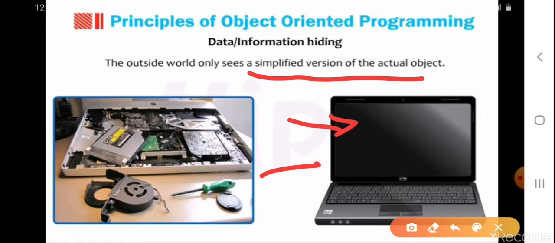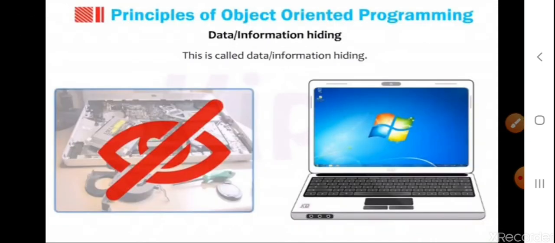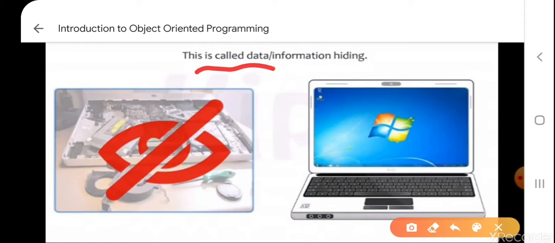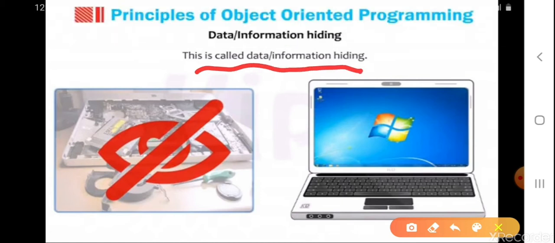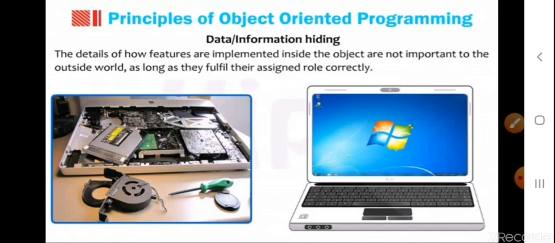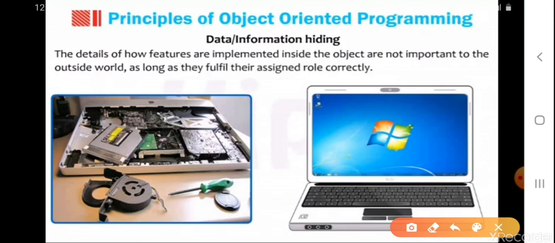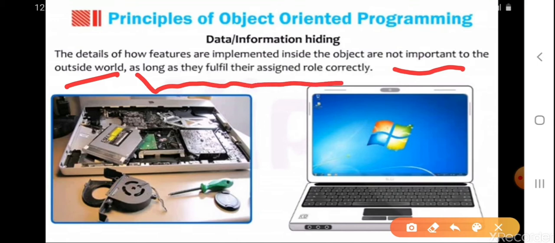The rest is for the technicians or the engineers to know. This is called data or information hiding. The details of how features are implemented inside the object are not important to the outside world as long as they fulfill their assigned role correctly.